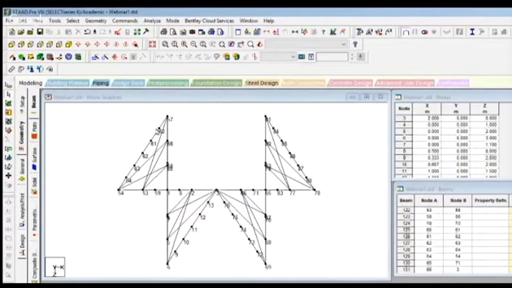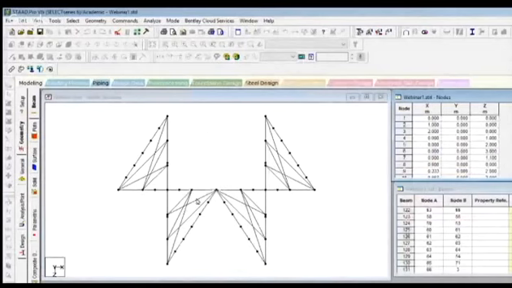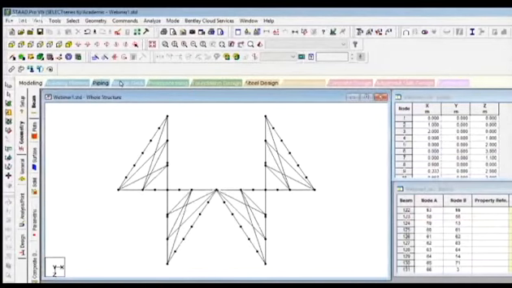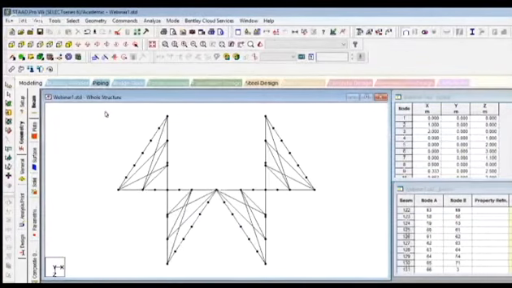Again, we will go to this window and click on Shift N. Node numbers will disappear. For a fact, let's look into some node table. As soon as you're creating the structure here in the structure window, the number of nodes and beams are getting added in this node table as well as the beam table. So now we are looking into this geometry part. I hope the things are clear to you. If there is any query, you could post it in the comment section or live chat section.